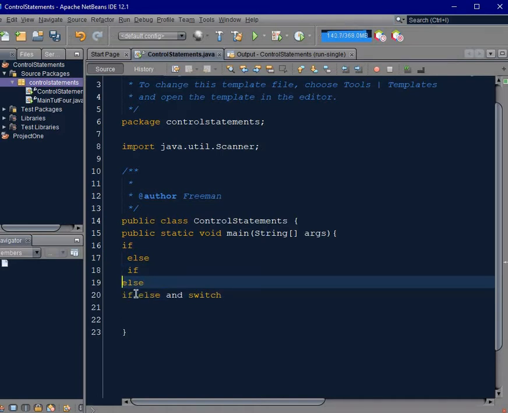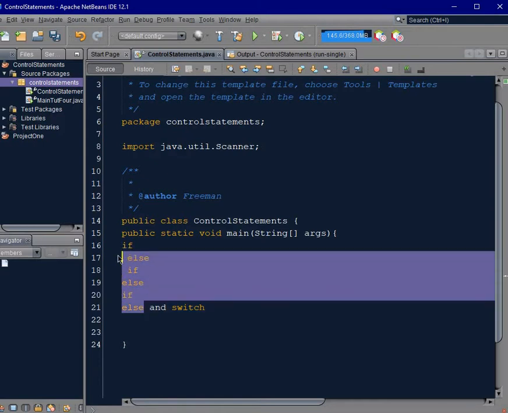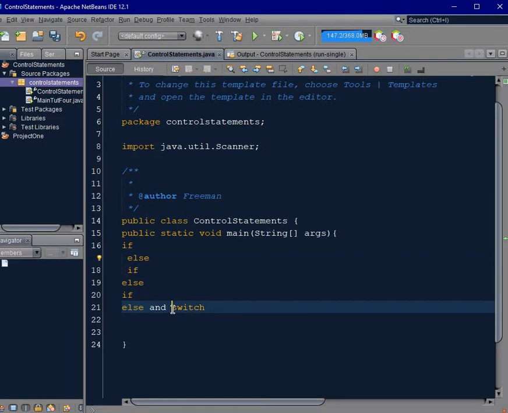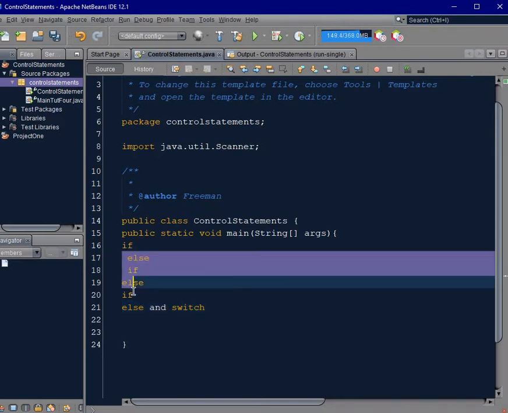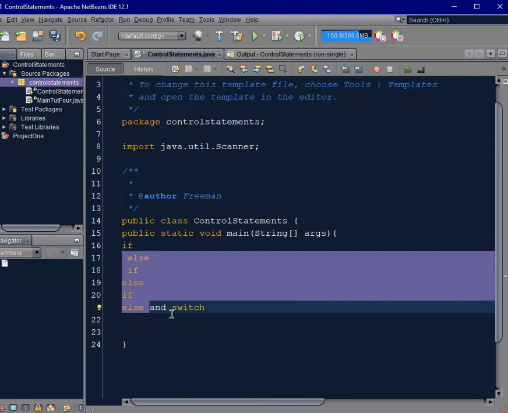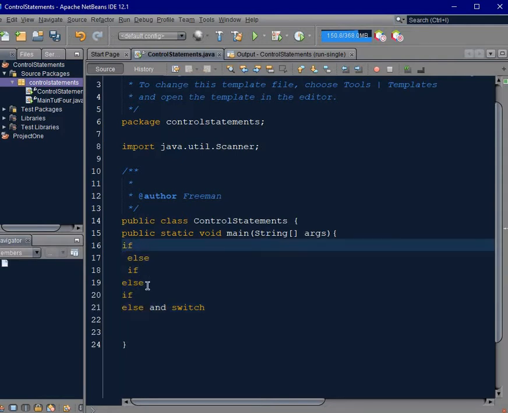The last condition will take only the else. But if you don't want to use this system, the else if, we just go into the switch. The switch is one proper way of putting this in a more organized way. So we are going to look at the if, the else if, and the switch in a program